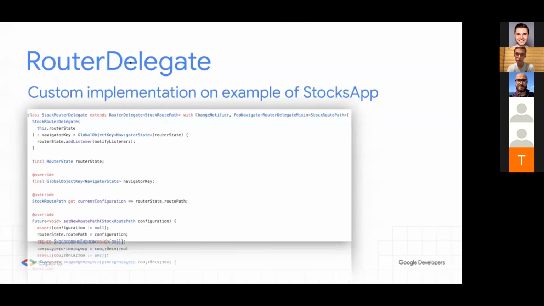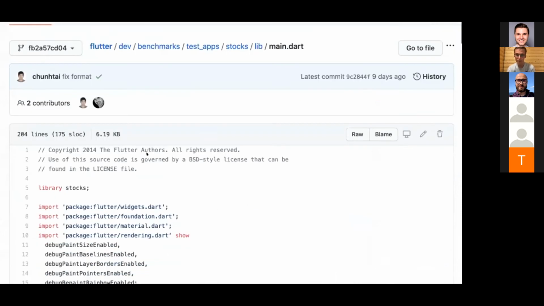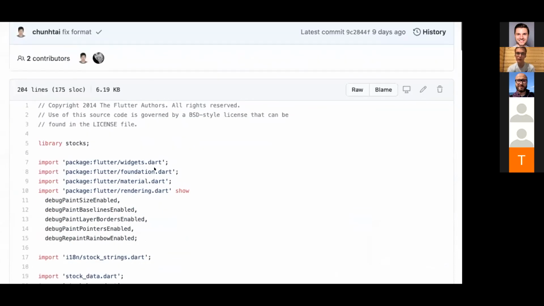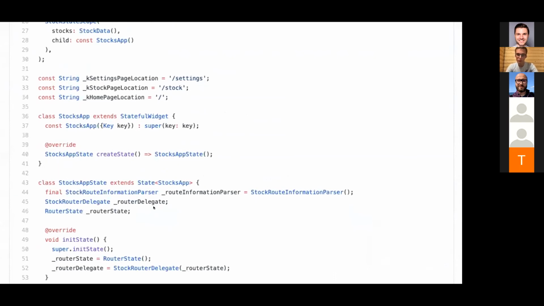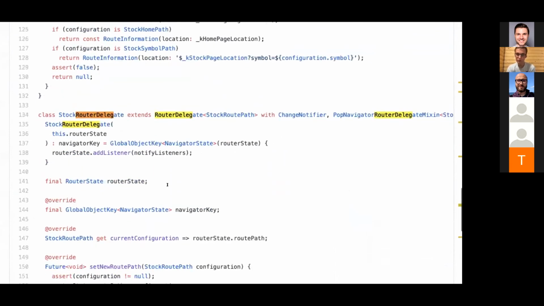And the router delegate, the custom implementation, is also available in the stocks app. This is longer, so we won't show it here. Let me just switch to the new page. This is from the stocks app, and the link will be provided later. If we look for the router delegate, here we have our router delegate.